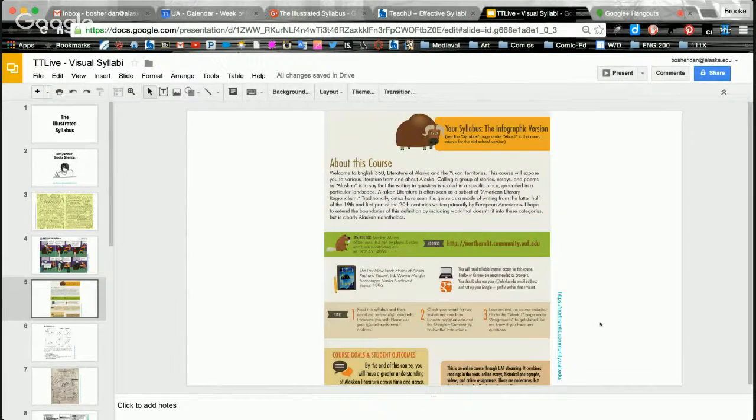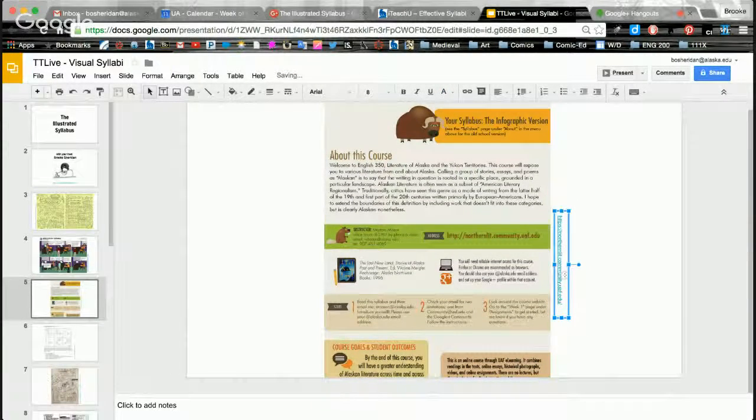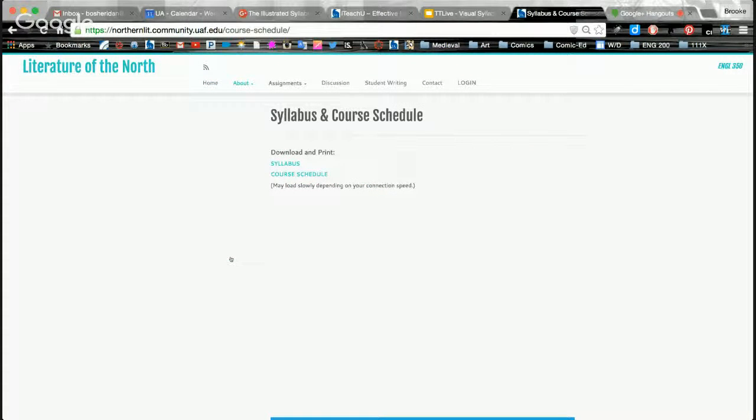She lets students read it. She gives them the choice to read it either in this format or in the standard format to which they've become accustomed. And for some students, that may be plenty. That may be enough for them to hit all the salient points. They're going to remember it. Here, the example is, if you're looking for a more traditional format, you can download